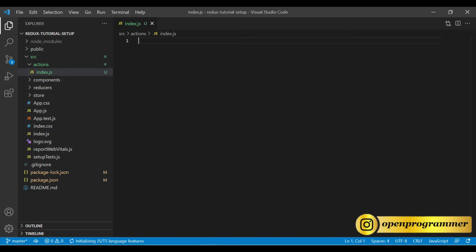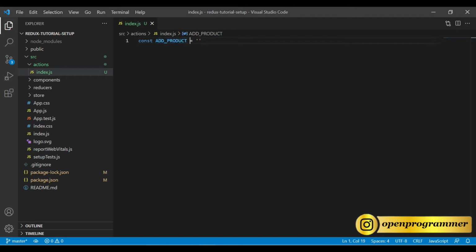First of all, we will define our actions. Let's say we will use a kind of product information in this particular series. So the first action should be ADD_PRODUCT. Let's use uppercase.